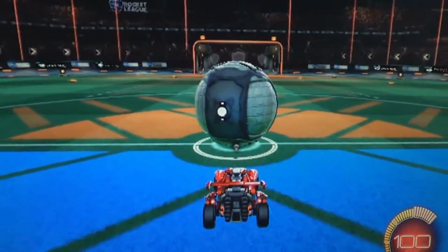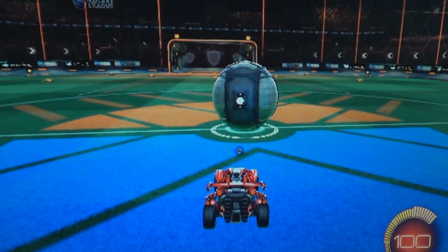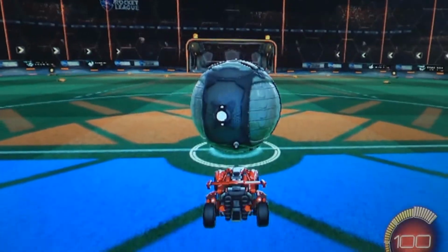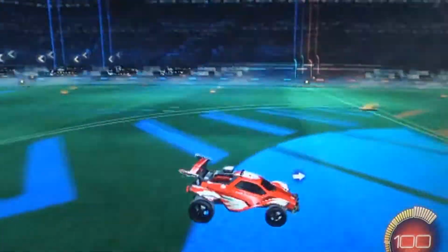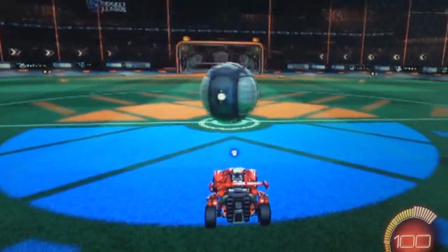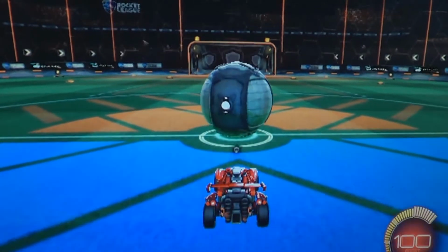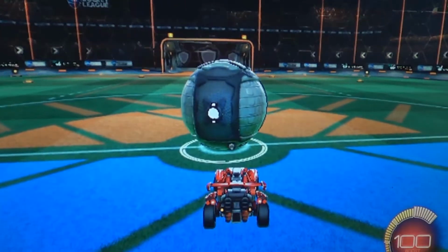So the main key here is boost efficiency, the way you're using your boost, and this little white circle beneath the ball. Those are two of the most important things. So in the Octane, which is probably one of the better dribbling cars because it is tall and can keep the ball sat on it pretty well. Dominus is okay, and Batmobile, but they're flat, which means the ball is harder to keep on the car because it likes to roll off. But the main thing here is just keeping your car underneath the ball inside this white circle